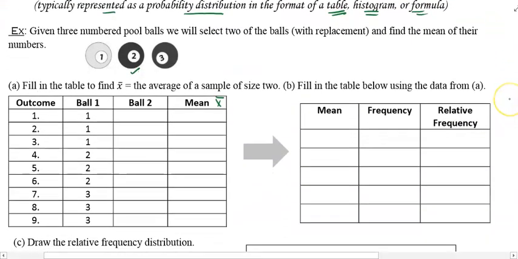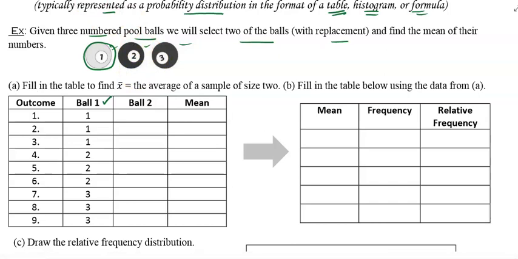Here's an example. So the work is a bit more complex than the traditional. Given 3 numbered bowls, 1, 2, 3, we will select 2 of them with replacement and find the mean of their numbers. So what could happen? I'm going to pick 2 of them. I could pick bowl 1 first, and I could pick bowl 2, oh, well, since it's with replacement, I could get